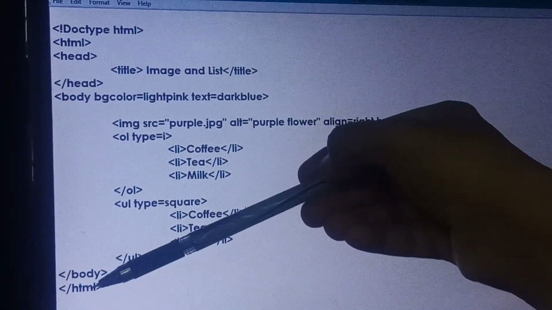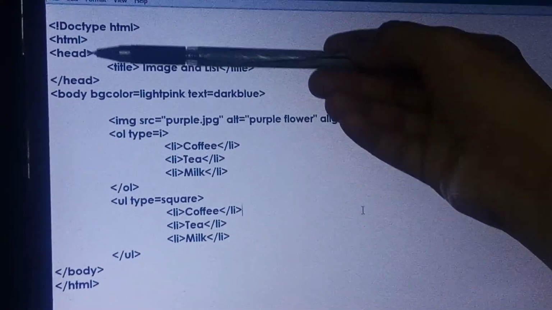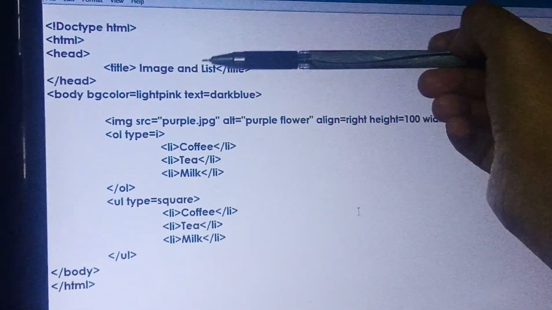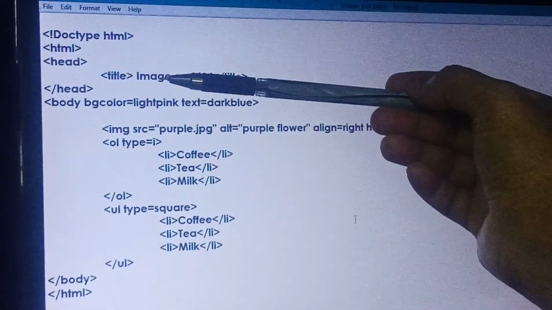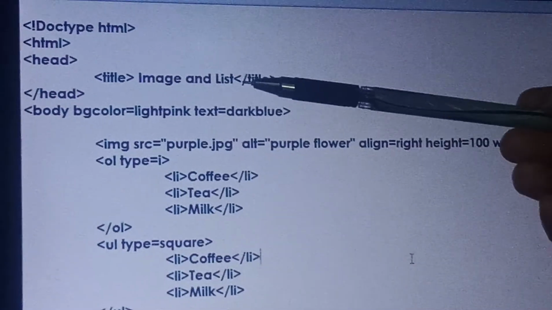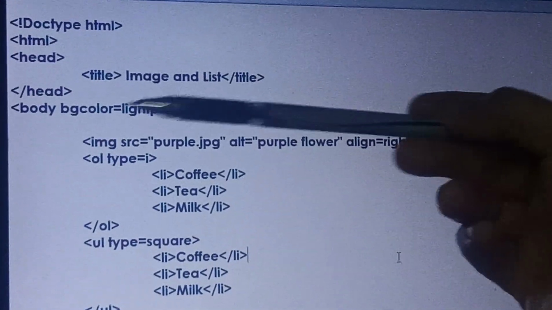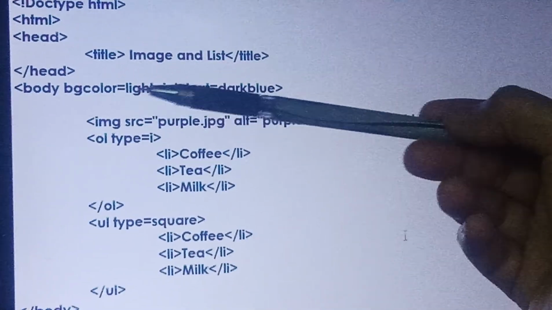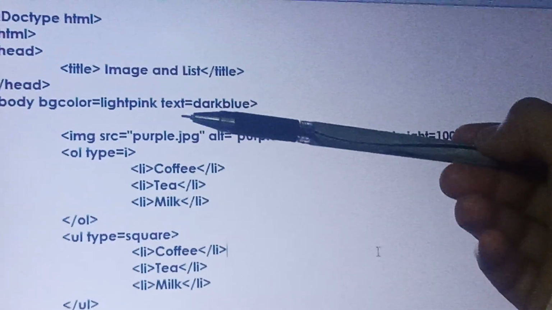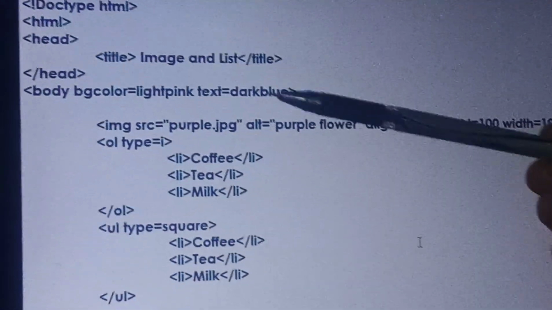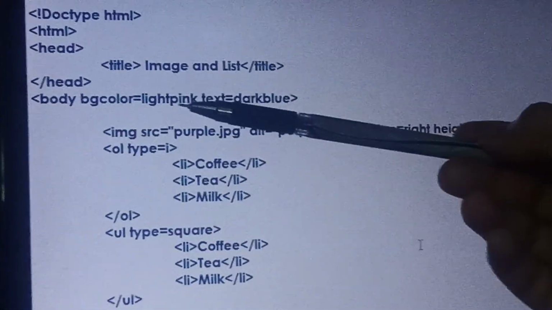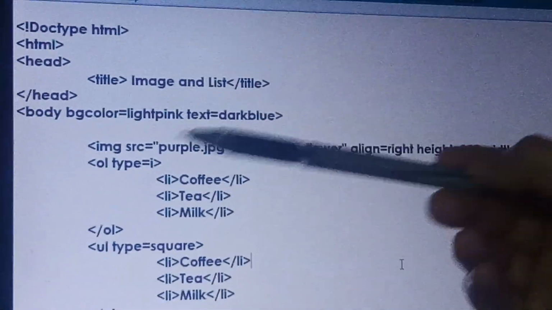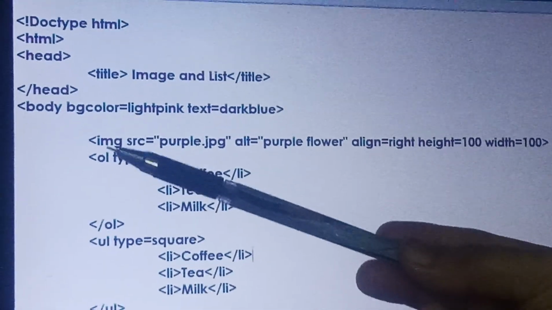Inside the HTML tag, it is divided into two parts: head tag and body tag. Head tag contains the title. Since here we are going to learn about image and list, I have written image and list as the title of the page. Now let's come to the body tag. Here I want the background to be light pink, and whatever text we write should be dark blue. So I've already decided bgcolor is light pink, where bg stands for background, and the text will be dark blue.